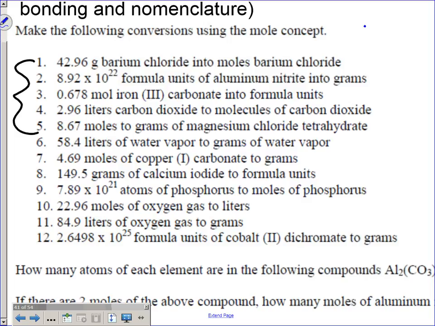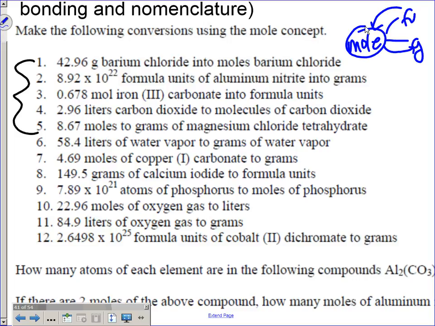So basically, I'm up here in my little mole map. I'm up here at formula units. My grams are here. So from formula units to mole, I'm going to use what conversion, or what number? Good, 6.022 times 10 to the 23rd. You've got this little map memorized. There's only 3 steps. There's only 3 branches. It's not too difficult. So that's our 6.022 times 10 to the 23rd particles per mole,